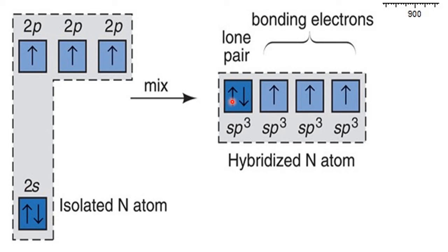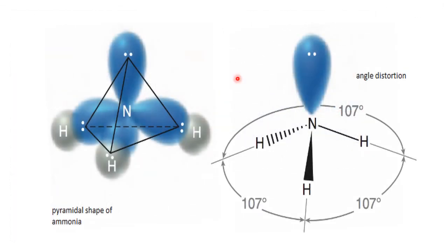One sp3 will remain as a lone pair. That's why in the structure of ammonia, N has 3 N-H bonds with one what? A lone pair of electrons. This reason can be explained only by VBT. That's why VBT is far better than previous theories. Please see the structure. 4 sp3. Out of 4 sp3, 3 sp3 bond with hydrogen, and one sp3 is just a part, but one lone pair is there. This is called a lone pair of electrons, where there is no bonding at all.